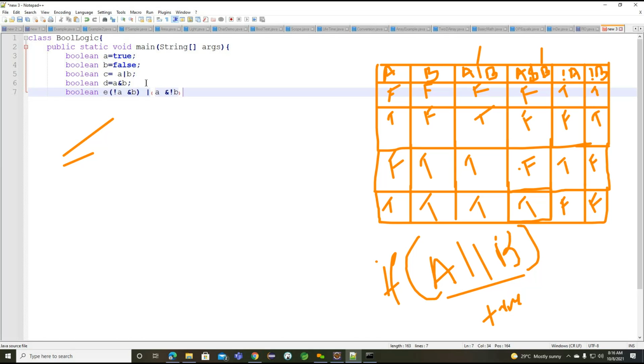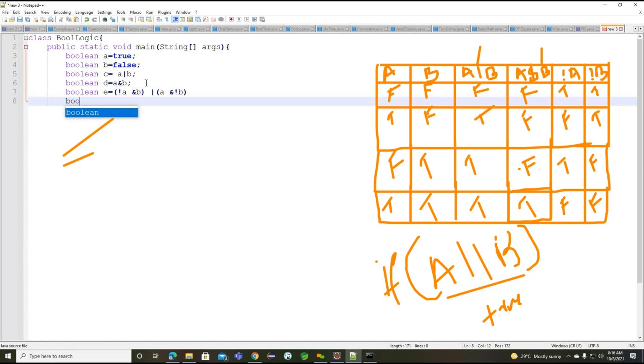So Boolean E is equal to, okay, sorry, I did not add an equals operator here. Boolean E is equal to not A and B, or A and not B. So in between, whatever happens here, we are going to get the Boolean value for the E variable.